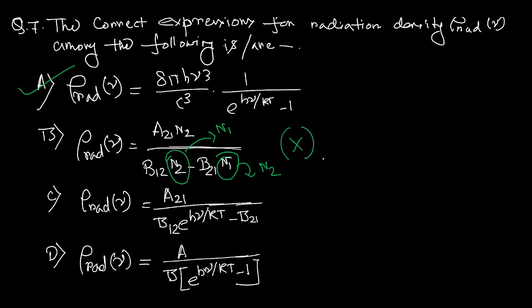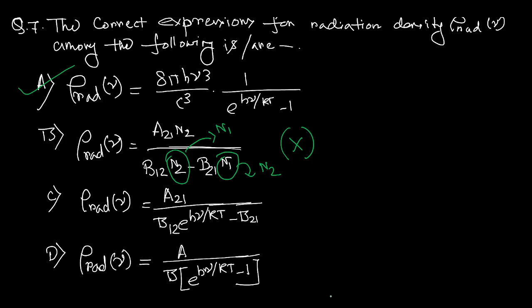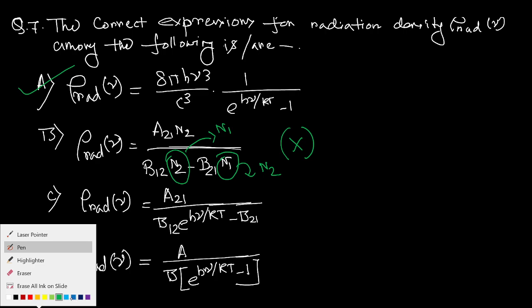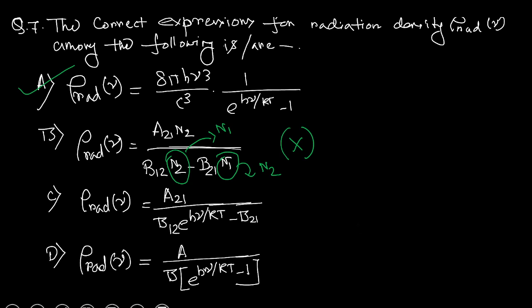Now, this is something that we did previously, this one. So if we take the formula, the radiation density is A21 into B, sorry, BA2,